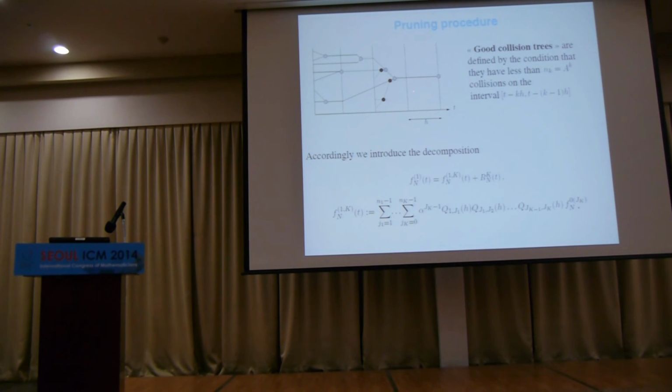So I'm going to call a good collision tree any tree such that when I go from t to t minus h, t minus 2h, and so on, the number of collisions I'm looking at is smaller than a to the k. If going through this, at one point I get a tree which is too large, I just throw it into a remainder. So I decide it's a remainder. Okay. So my good collision tree is Lanford on time h, Lanford on another time h, and so on, but only for exponential trees. And here is I flow, and if I stop at some point and I see my tree is too large, I stop flowing.